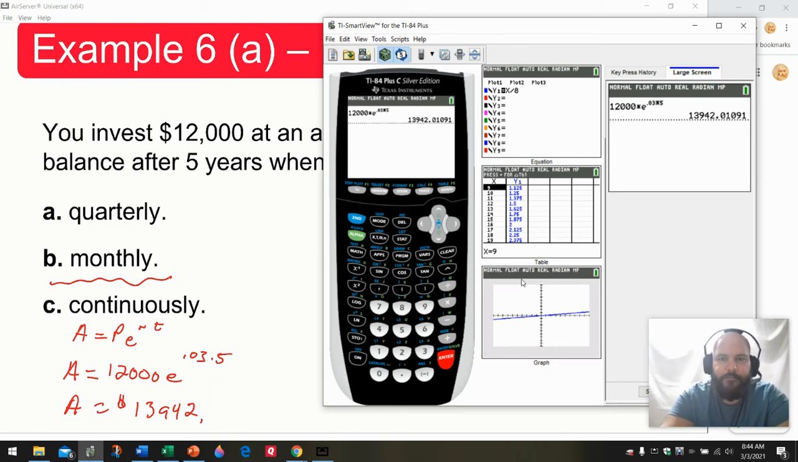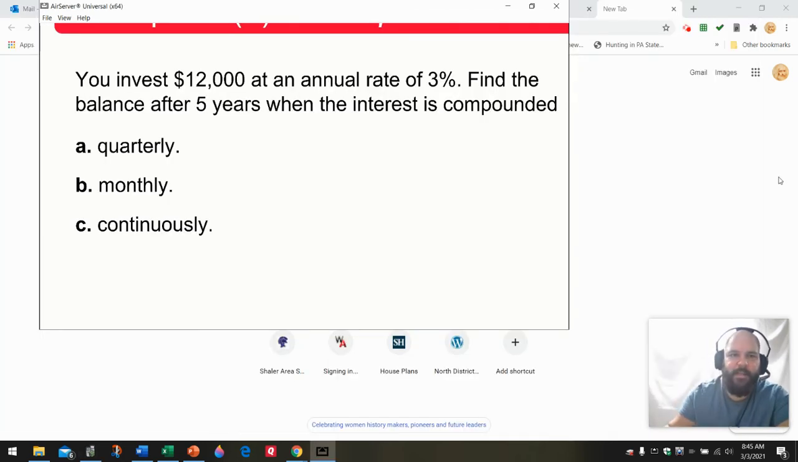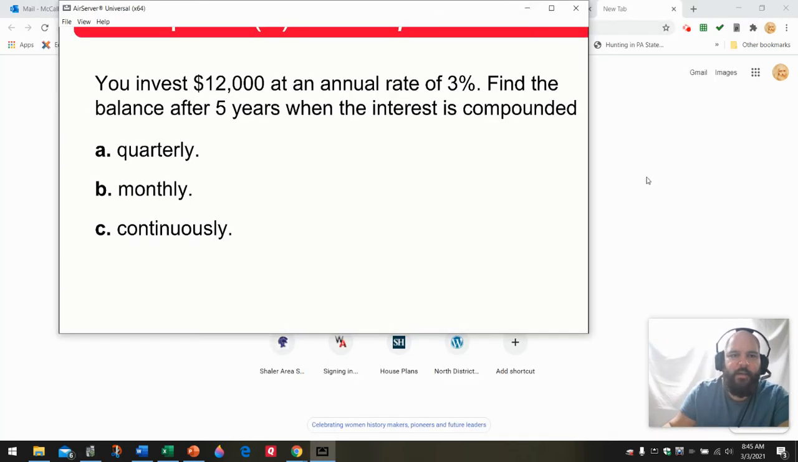And there's your amount. My iPad's being super sluggish, I apologize. There's the 01. Okay, so $13,942.01. Okay, so the next thing that I'm going to show you is how to use the first formula that